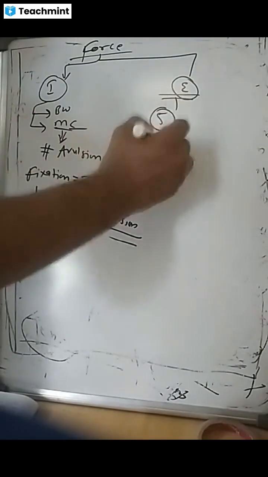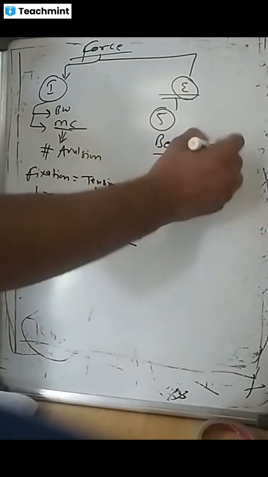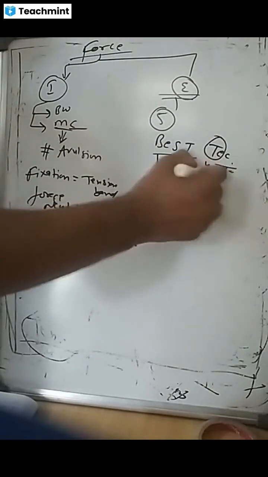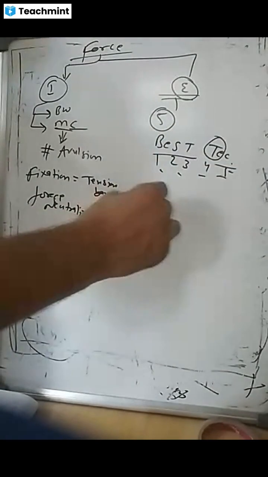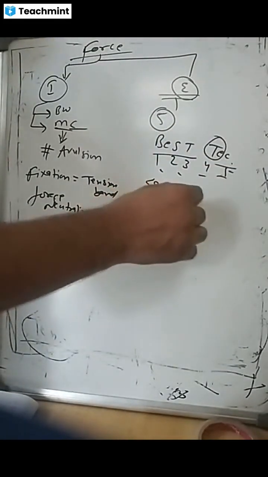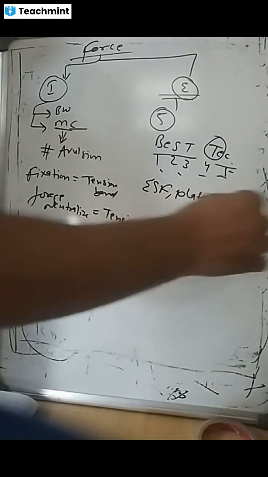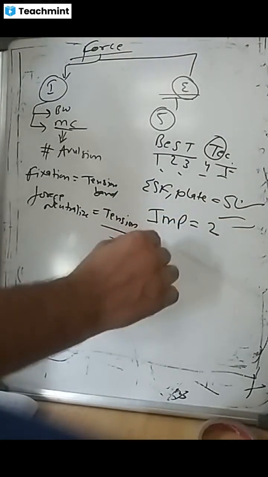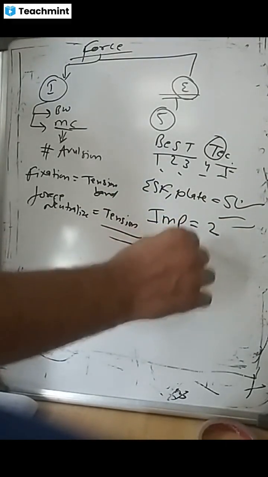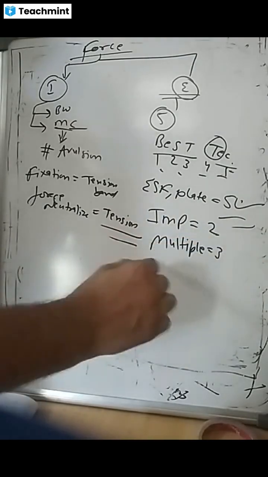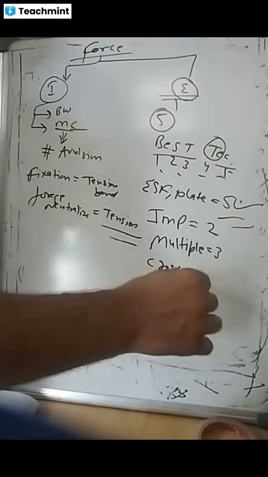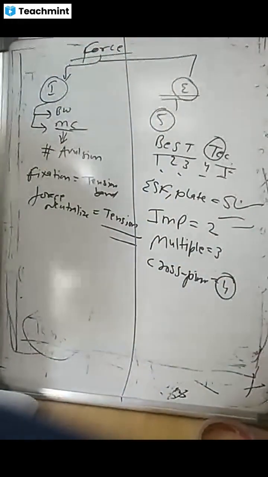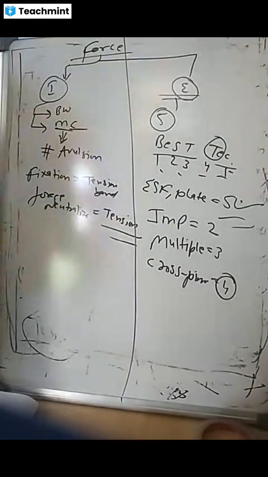We have five forces, and we have the best technique. One, two, three, four, five. Five forces, and we have techniques like ESF, plate to neutralize all the five. One IM pin, two forces. More than one IM pin, multiple IM pins, three forces. Cross pinning, four forces. Like forces and their picture